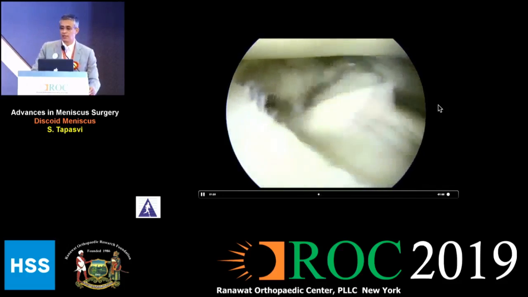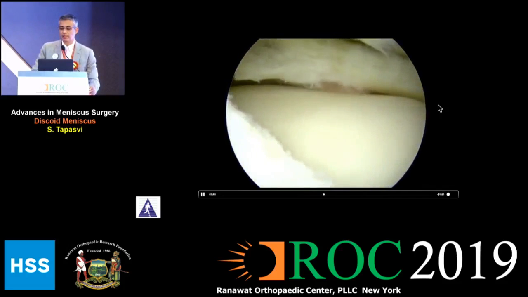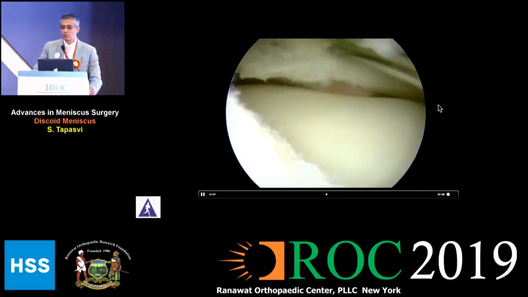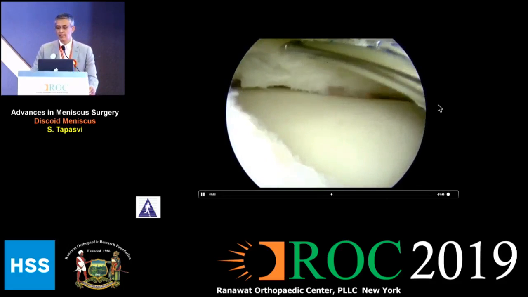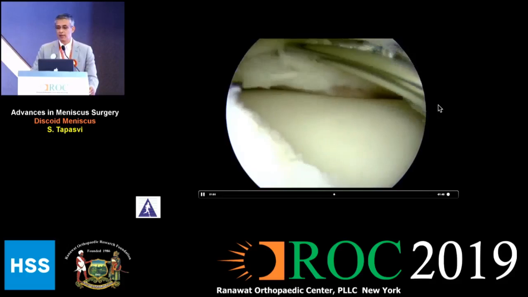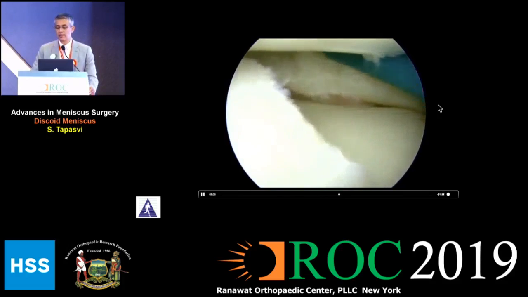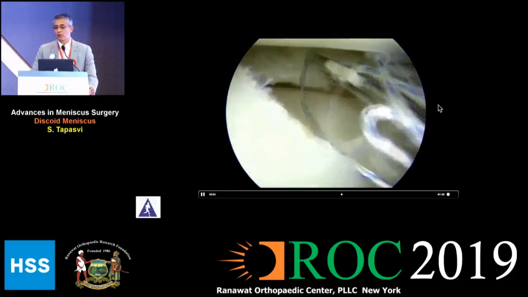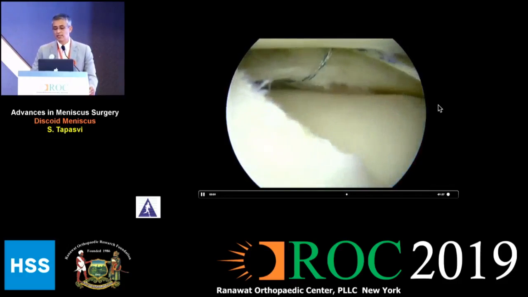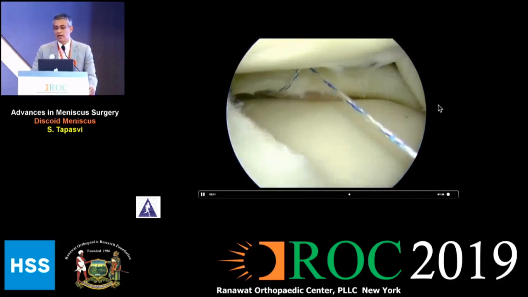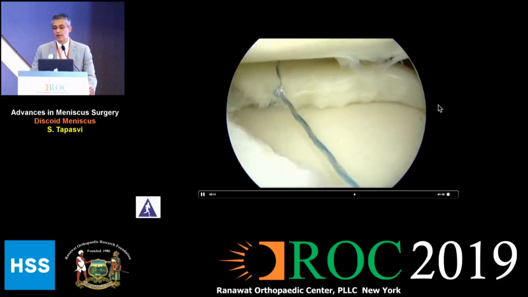And in the previous talk, Anil has shown you a variety of methods as to how you can repair these type of menisci. So my preference would be that posterior to the popliteus, I will always use an all-inside device. There are a variety of these available in the market. And then you want to do a vertical mattress stitch when you're doing an all-inside repair in this location, because you want to close the mouth. So you want to have one stitch on the superior lip, and you want to have the second stitch on the inferior leaf. And when you cinch down this repair, the whole mouth closes in this particular fashion, leading to